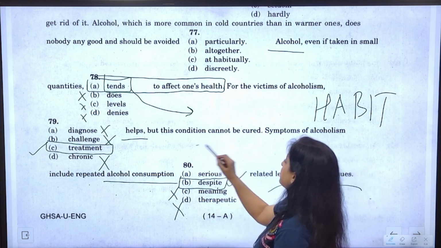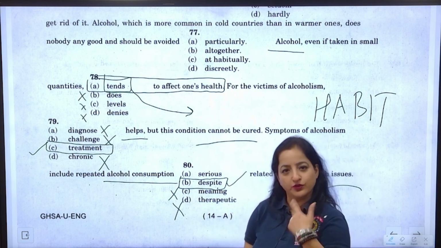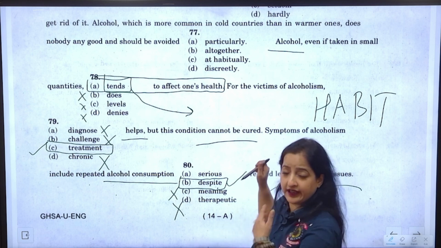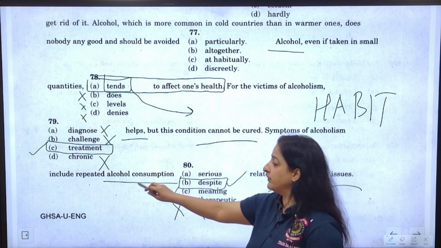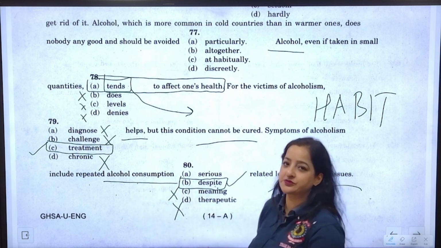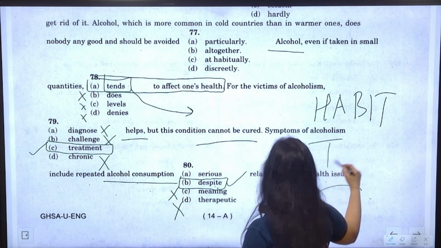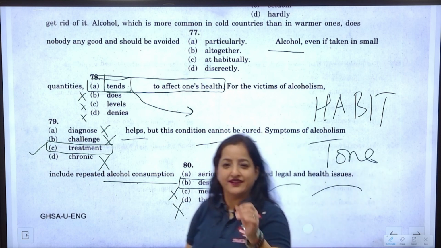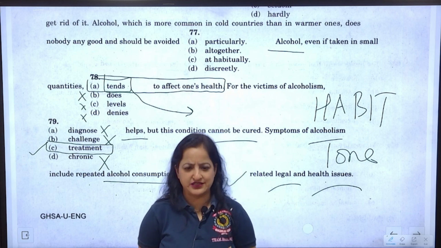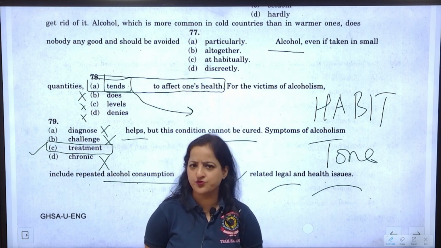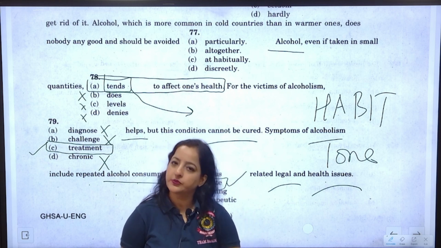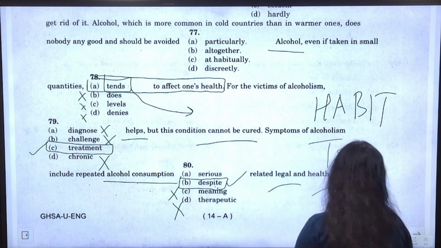So because यही तो कहना चाह रहे हैं ना, ये क्योर हो ही नहीं सकता. So despite that, despite ये इतनी प्रॉब्लम्स होती हैं, हेल्थ इश्यूज पीपल को होते हैं, फिर भी वो कंज्यूम करते हैं अल्कोहल. Yes, so this really goes with the tone of the passage. I am dead serious about the tip I gave you. Tone of the passage. Try to connect with what is the tone of this passage. What is the author exactly trying to say? And we get the answers. So we are done with this passage. Moving on.